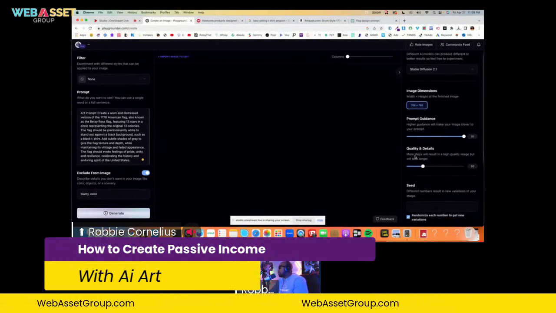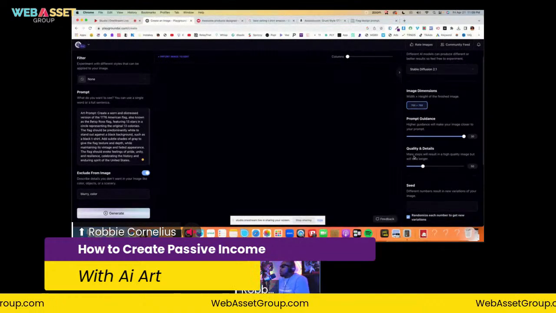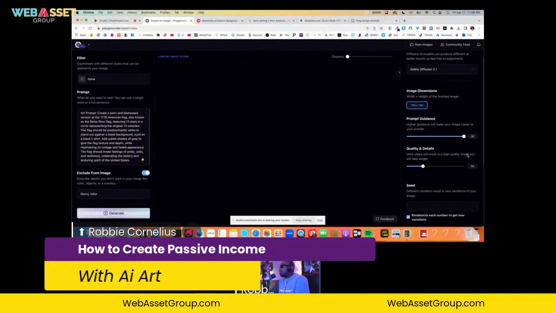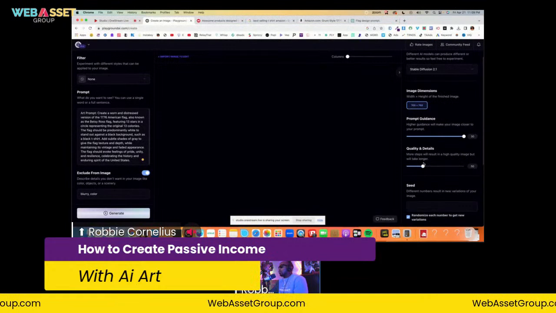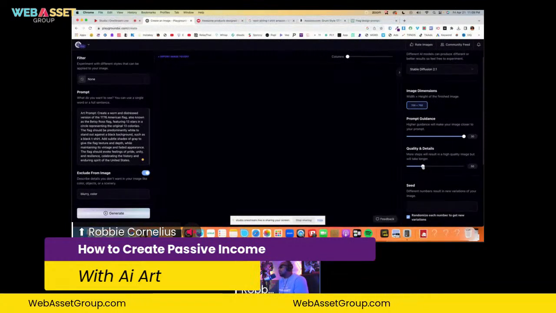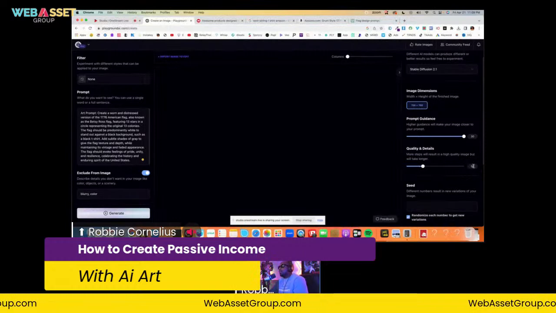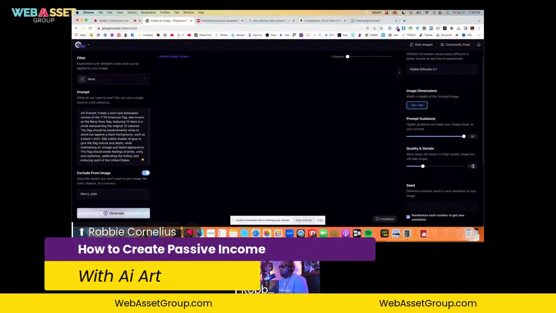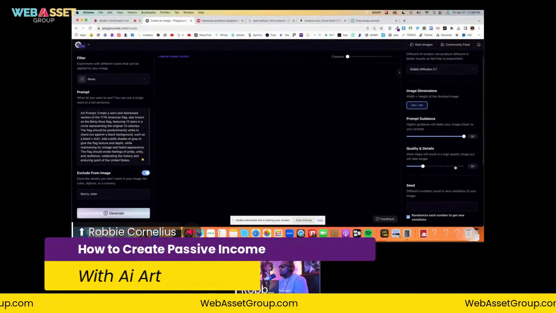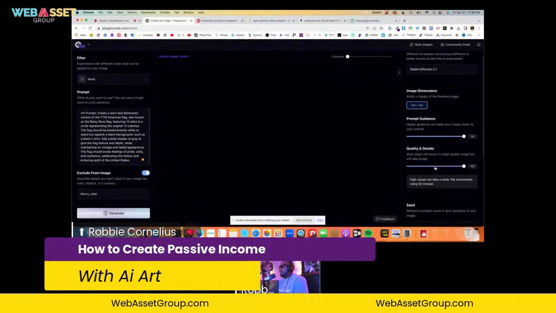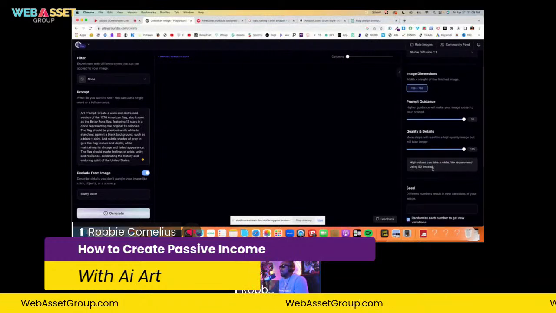Quality and details. It says that more steps will result in higher quality images, but it will take longer for the image to generate. So just understand that the more you move this cursor to the end down here, the longer it's going to take for this software to generate your artwork. And I'm cool with that because I want the highest quality artwork I possibly can.